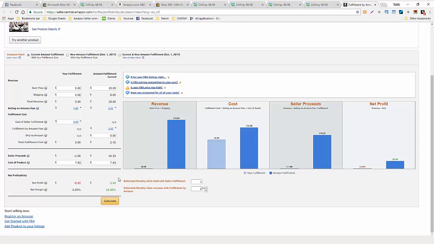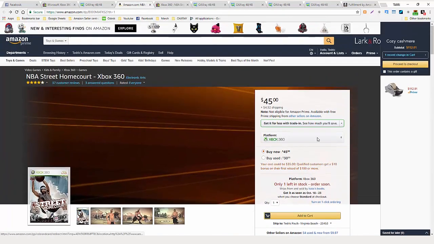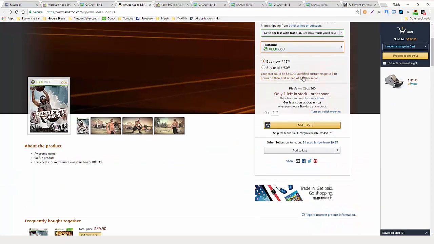Okay, so on this item, it looks like we're going to make about $2.40. If I want to add in a few extra costs, it's going to change that a little bit, but this is just a kind of item that you can quick flip. What you also want to do is whenever you're on the Amazon page, make sure that you can actually sell this item. So everybody's account is going to be a little bit different, but if you go to see used,